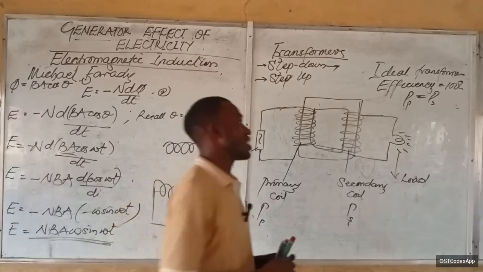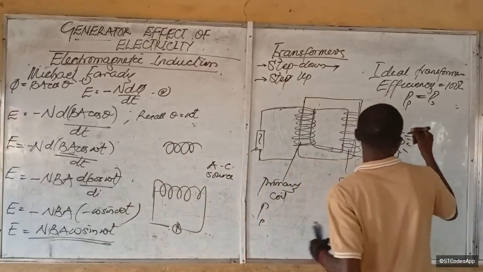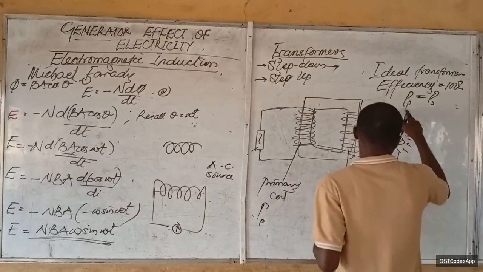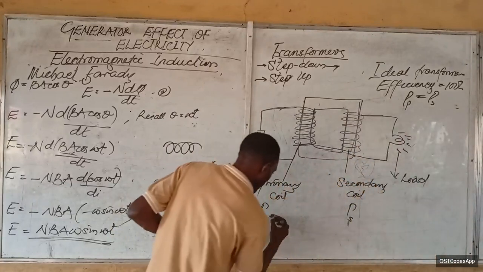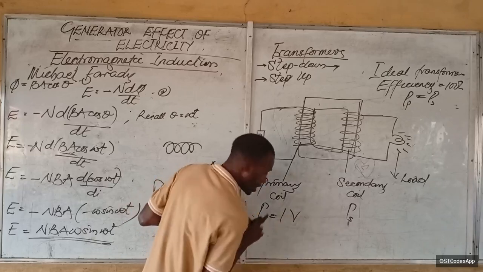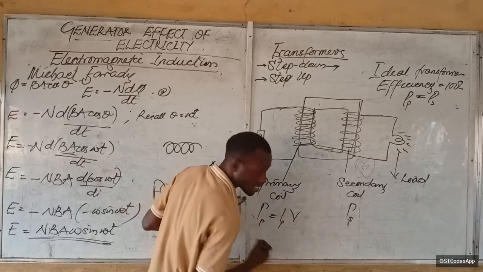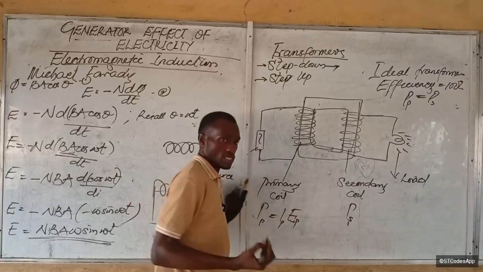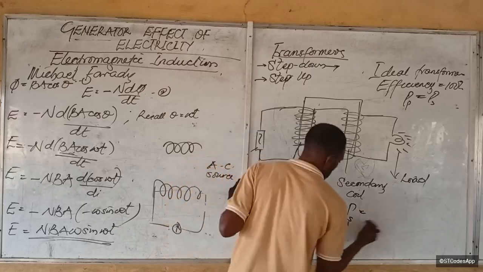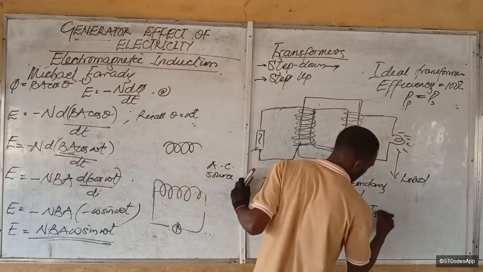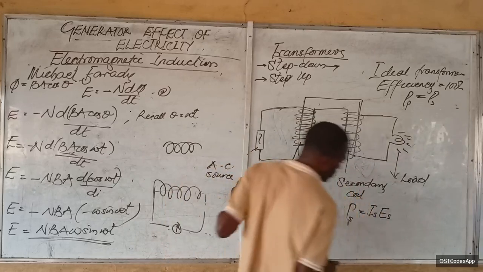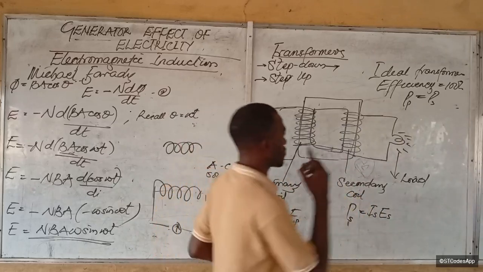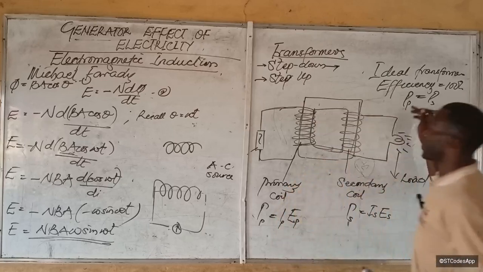You know that power is equal to current times voltage. In this case, current in the primary coil times voltage in the primary coil, or EMF in the primary coil, either way you see it. Is that okay? Then power in the secondary coil will be I_S times EMF in the secondary coil. So if this is the case, it means that power in the primary coil